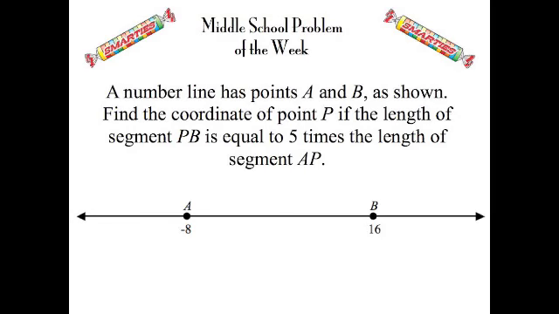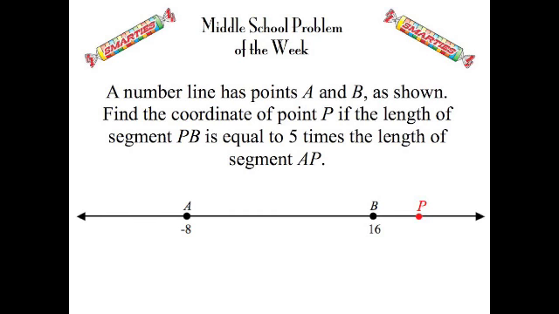In this week's problem, we're going to place a point P on this number line so that the length from P to B is 5 times the length from A to P, and then our job is to find the coordinate of point P. Well, one of the places that point P could be is to the right of both